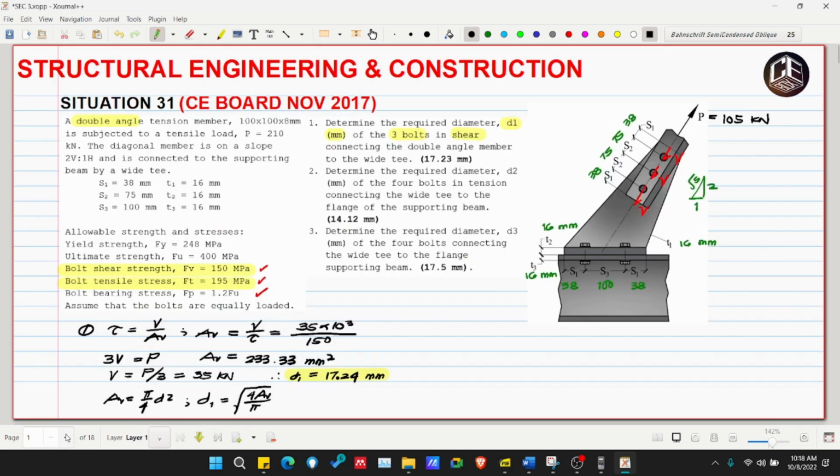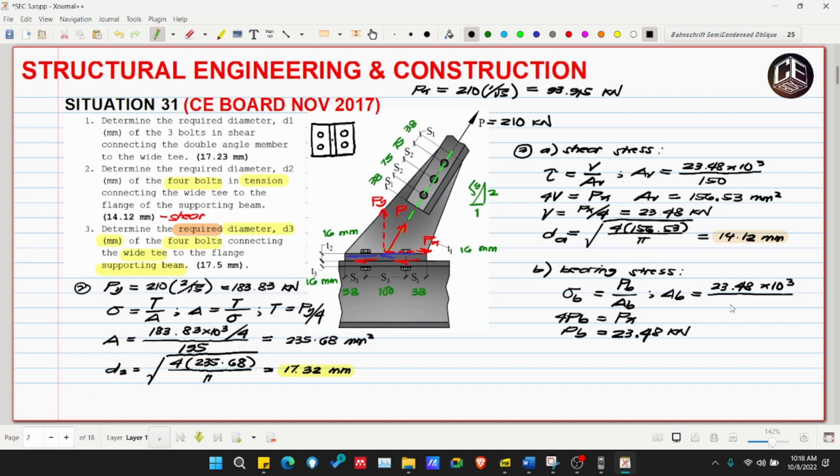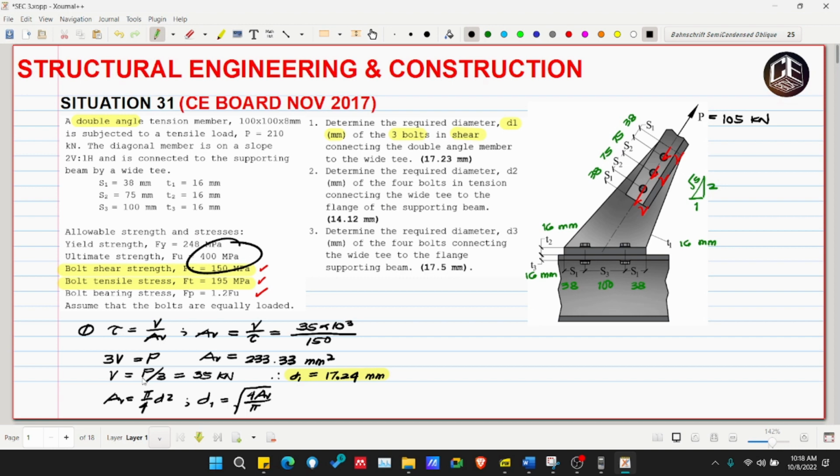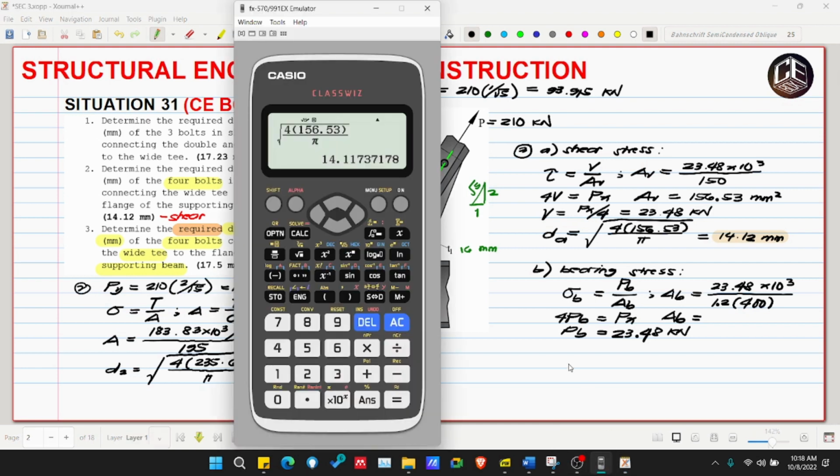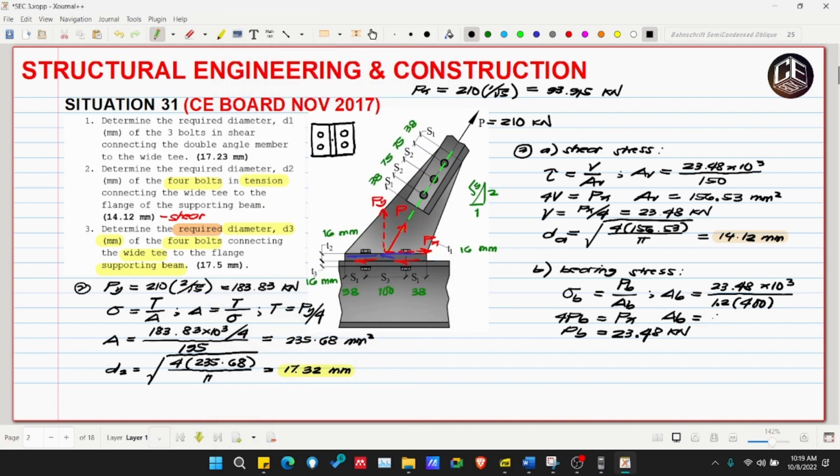Ilan yun? 1.2 of FU. So, 1.2, ang ating FU is 400 megapascal. Kung hindi nakakamali. Ayan. So, ito yung ating bearing area. 23.48 times 10 raised to 3 over 1.2 times 400. So, 48.92